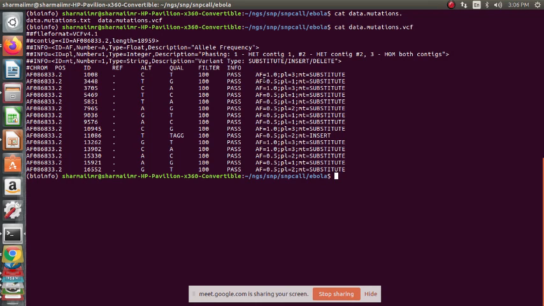So allele frequency is given, and this is a PL, and if you refer here, AF is allele, and PL is the phasing description. So 1 is for heterozygous, variant number 1, 2 is for heterozygous variant number 2, 3 is for homozygous, both variants.